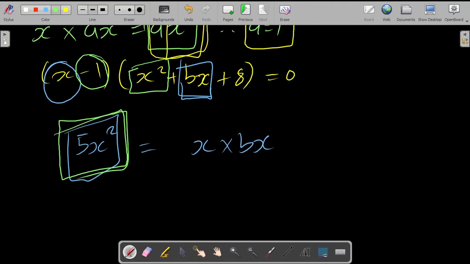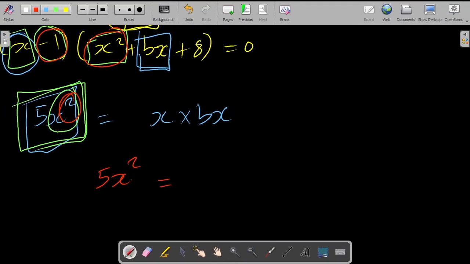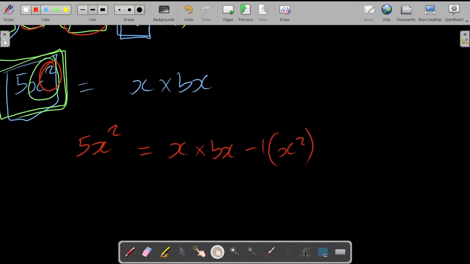So you basically have bx multiplied by the x contributing to the x squared factor, and you have a constant multiplied by the x squared also contributing to that x squared factor. So this is the final value that we're aiming for in the original equation, and it's made up of x multiplied by bx as well as minus 1, which is the constant, multiplied by x squared. So these are the two things that basically make up this factor in the